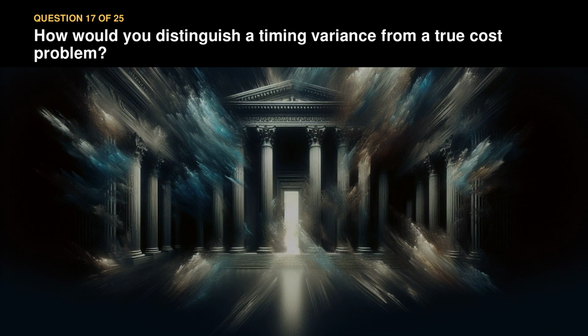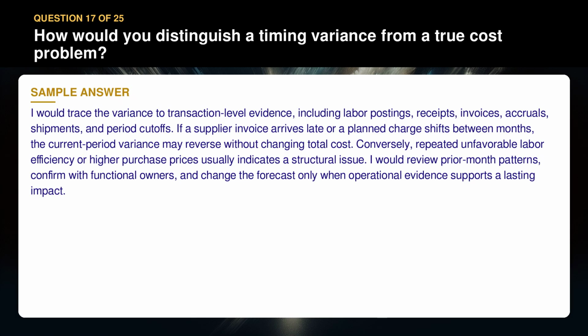Question 17. How would you distinguish a timing variance from a true cost problem? I would trace the variance to transaction-level evidence, including labor postings, receipts, invoices, accruals, shipments, and period cutoffs. If a supplier invoice arrives late or a planned charge shifts between months, the current period variance may reverse without changing total cost. Conversely, repeated unfavorable labor efficiency or higher purchase prices usually indicates a structural issue. I would review prior month patterns, confirm with functional owners, and change the forecast only when operational evidence supports a